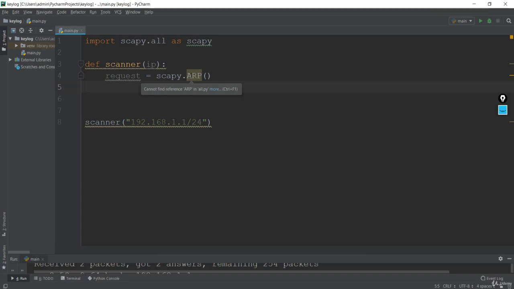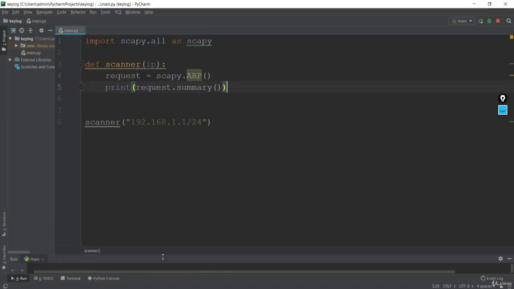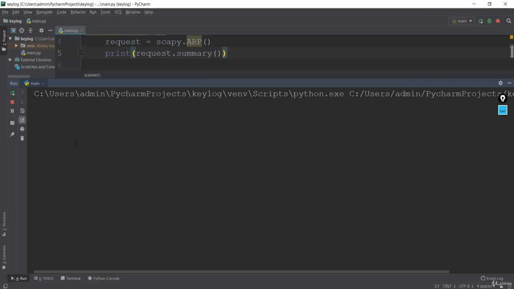Next I'll print the summary first. The summary will give brief information about this request. Let's run this main module and see how this works. It will take some time. It has shown ARP who has none says this IP address.